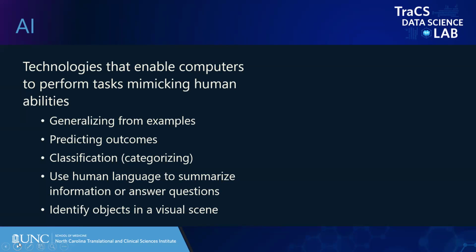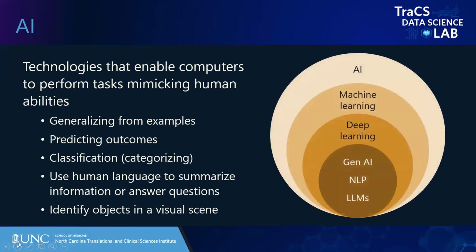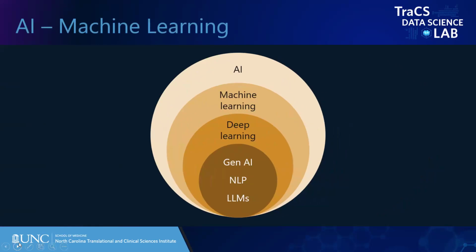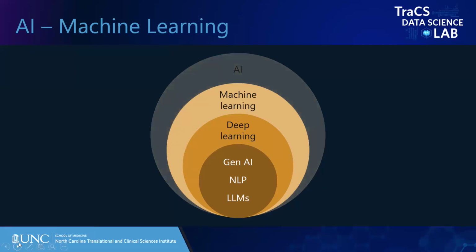So here we're talking about AI broadly, but there are different kinds of AI. And this figure gives us a structure for thinking about these different concepts. So machine learning is one of the major kinds of AI. Deep learning is then an important subcategory of machine learning. And generative AI, or Gen AI, is a subset of applications of deep learning that often involve the concepts of natural language processing, often called NLP, and large language models, often called LLMs. So we'll talk about each one of these a little bit, starting with machine learning.